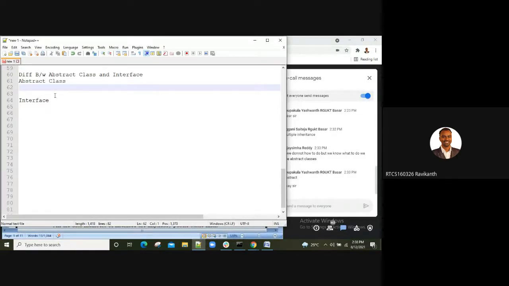Come on, guys. You can write the first point: it's a collection of abstract methods and concrete methods. But how about your interface?